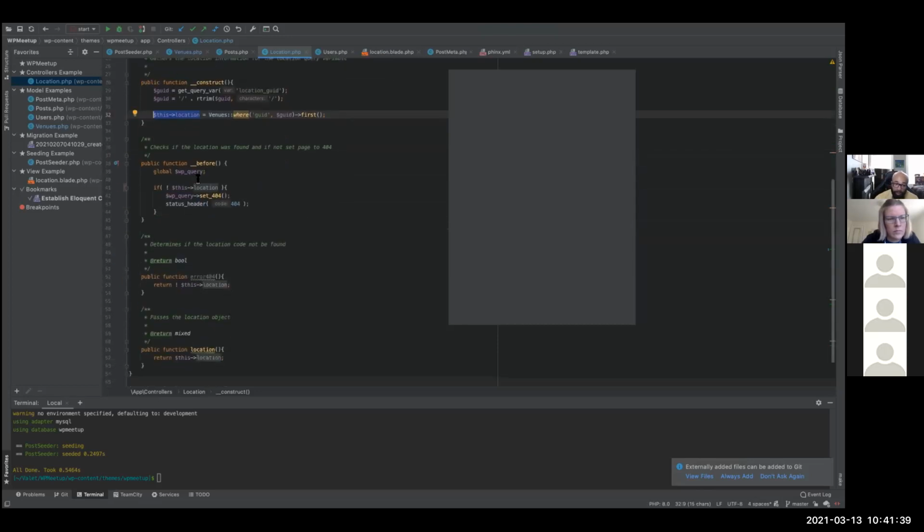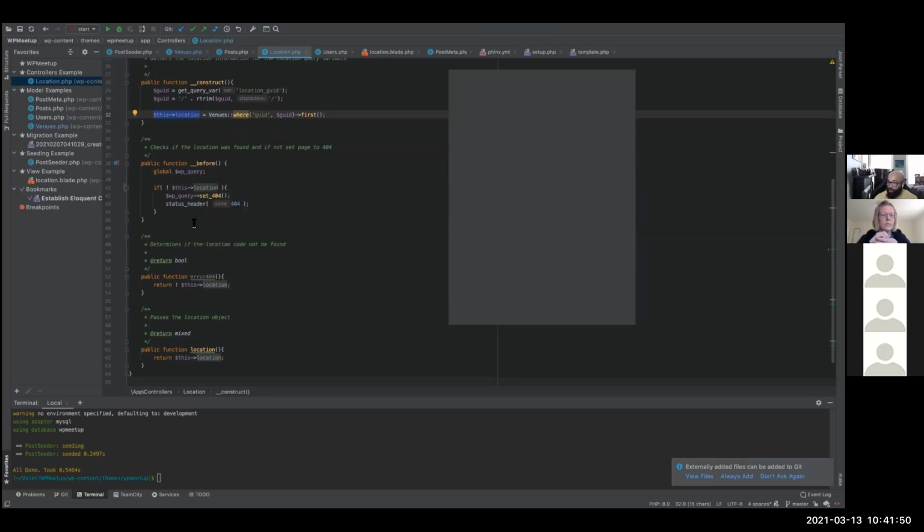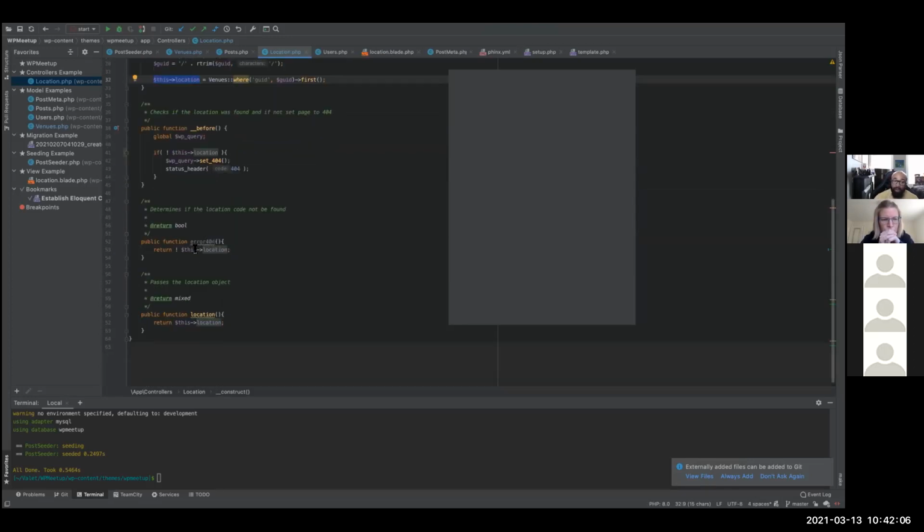Then before it does anything, before it sends any data to the view, I need to check if that even exists. Because what if somebody put in anything and it wasn't a real thing? I don't want to send them to the view location. I'd rather show them a 404 page like WordPress generally would. So what I do here is say, hey, does this exist? No. Okay, well, set the query to 404 and change the header to 404 so that they know whatever they entered is not a real thing. Now, I have these public functions here.